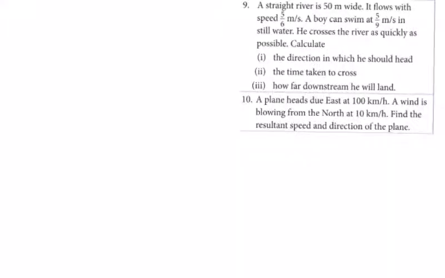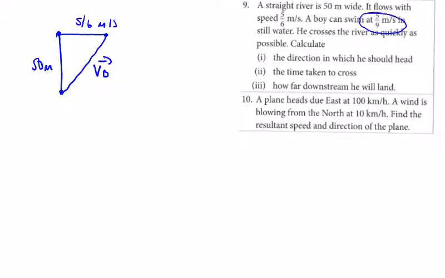Question 9. The river is 50 meters wide. So we've got a 50-meter wide river. How fast can this boy swim? 5/9 meters a second, and the water flows at 5/6 meters a second. So the velocity of the boy is going to be, he can go across at this rate,